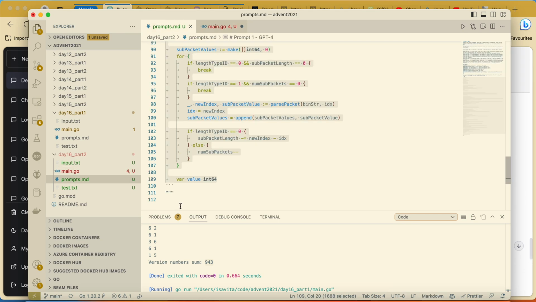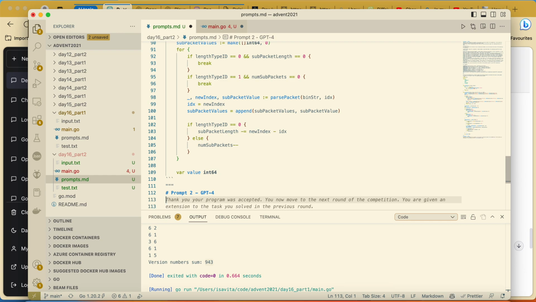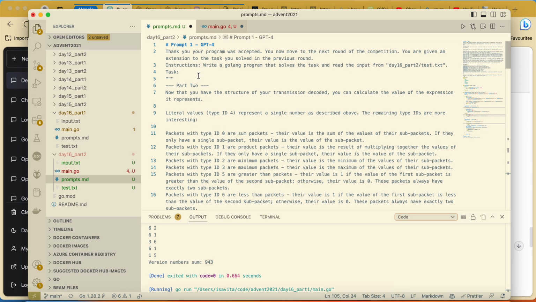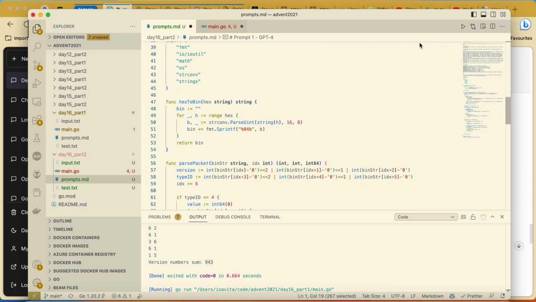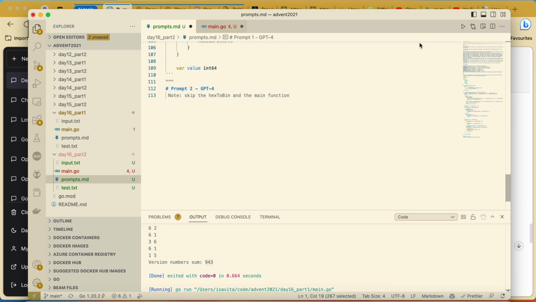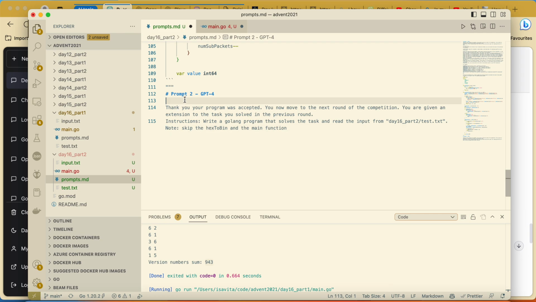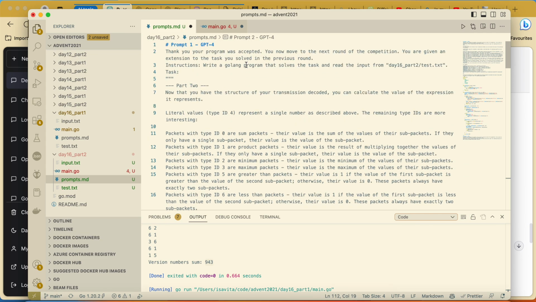Let me add this. Prompt 2. And it's like prompt 1, but here's this bit here, to simply try to